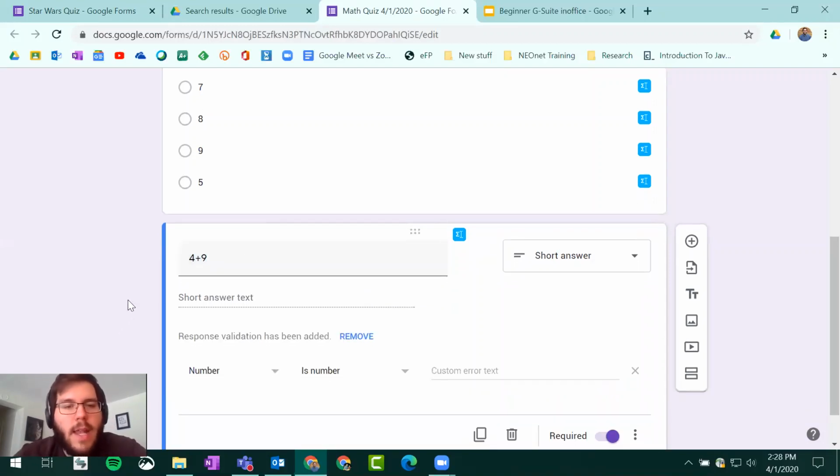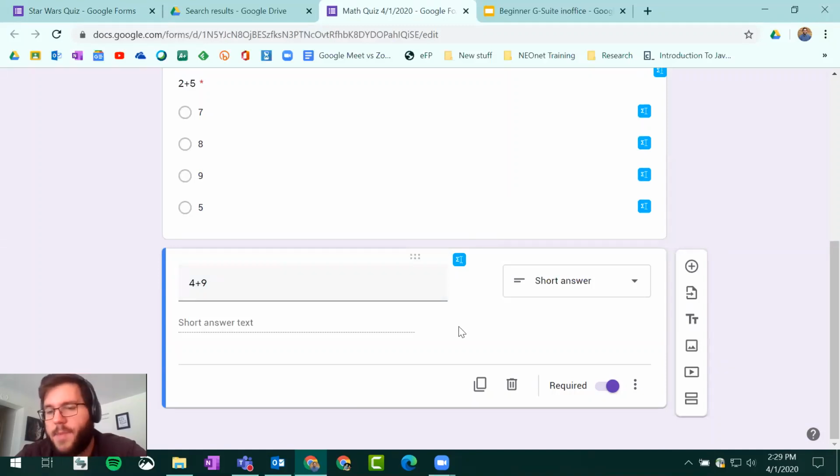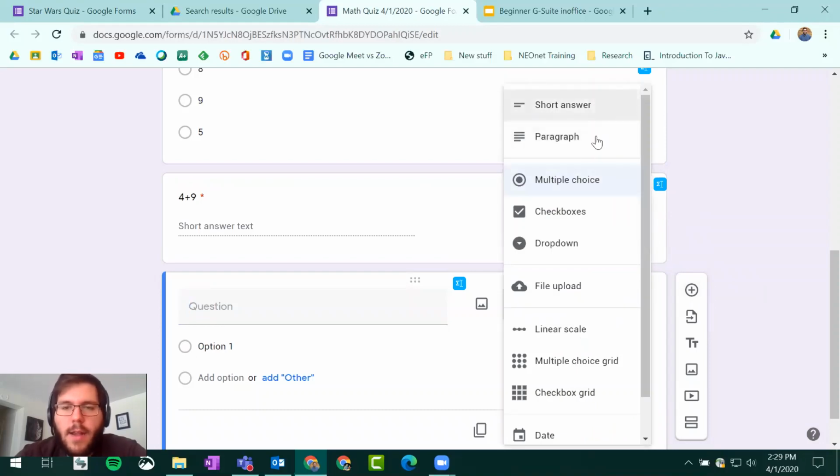All right. Now, depending on what settings that you have done before, you may or may not have response validation. If that comes up, just tell us to remove it. We don't need that. And we'll make one more question here. Same button before, the floating rectangle, that first button. And another thing we can do